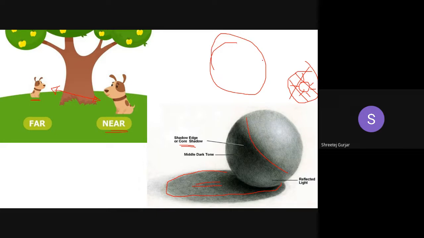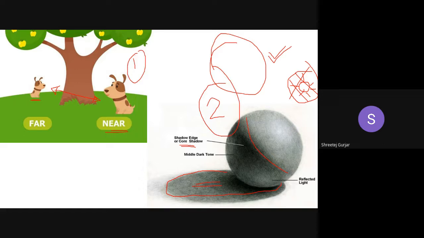And you won't be able to perceive that it is a 3D sphere. You will feel that it is a simple plain circle. And if there is light, you will see that it is a sphere because of the light and shadow effect, right? So this is the second reason which gives you the perception of depth.